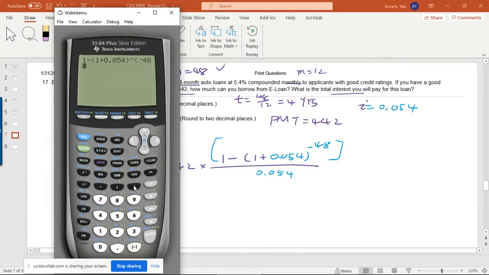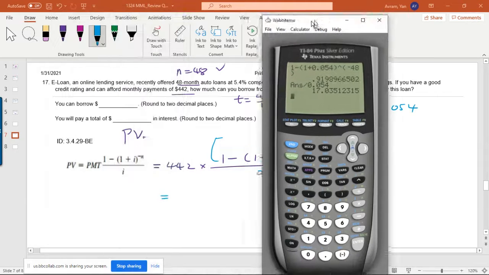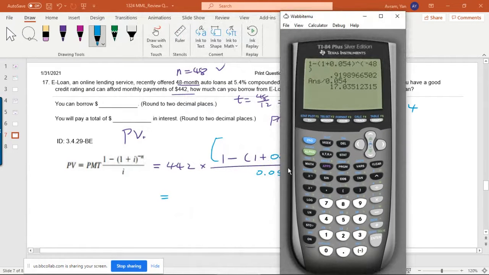You have to use the parenthesis. And this is just my numerator. And then I'm going to divide it by the denominator, 0.054. I like to hit enter so I can calculate one step at a time. And then I'm going to multiply by 442. So that will give you 7,